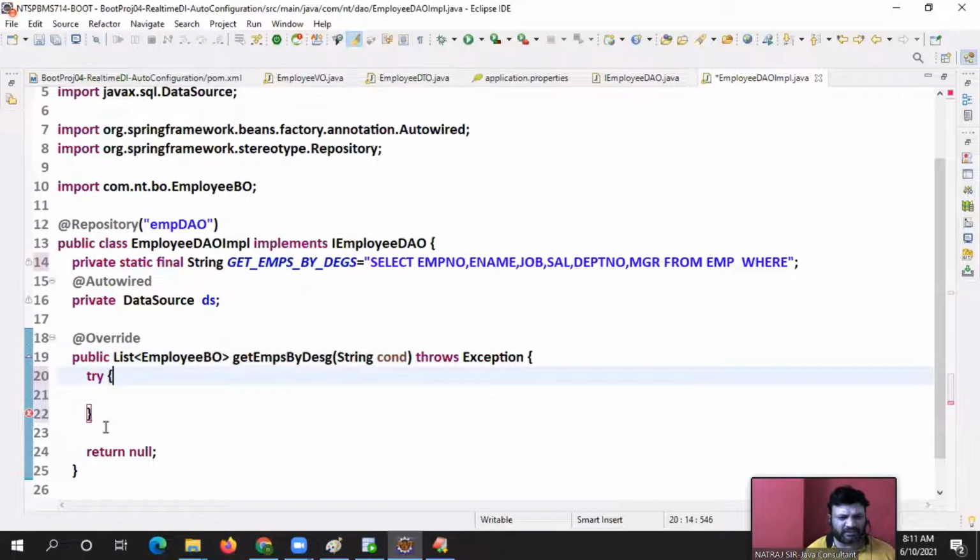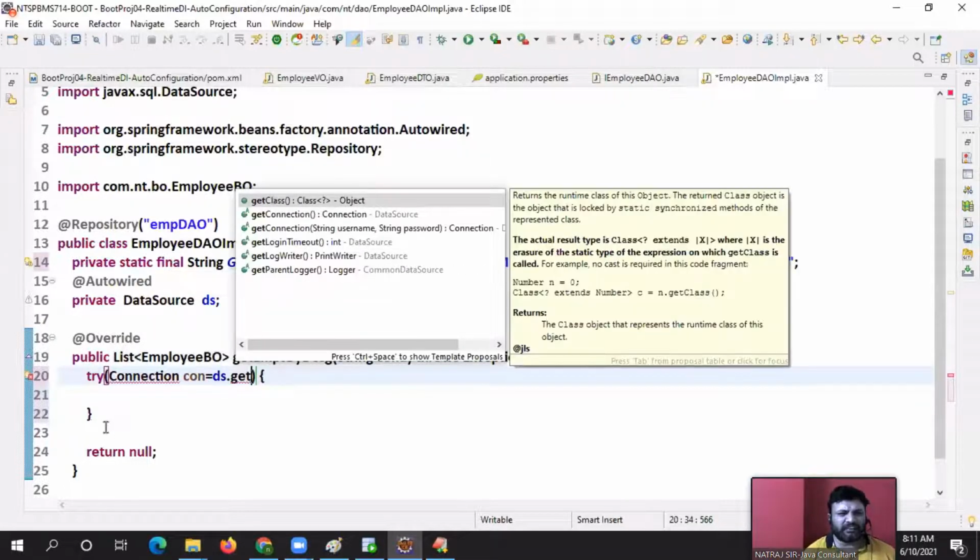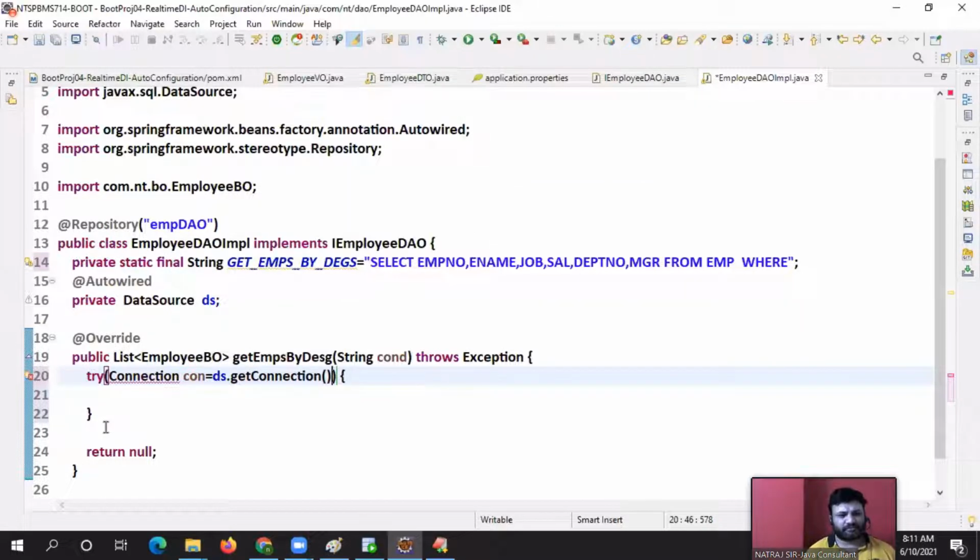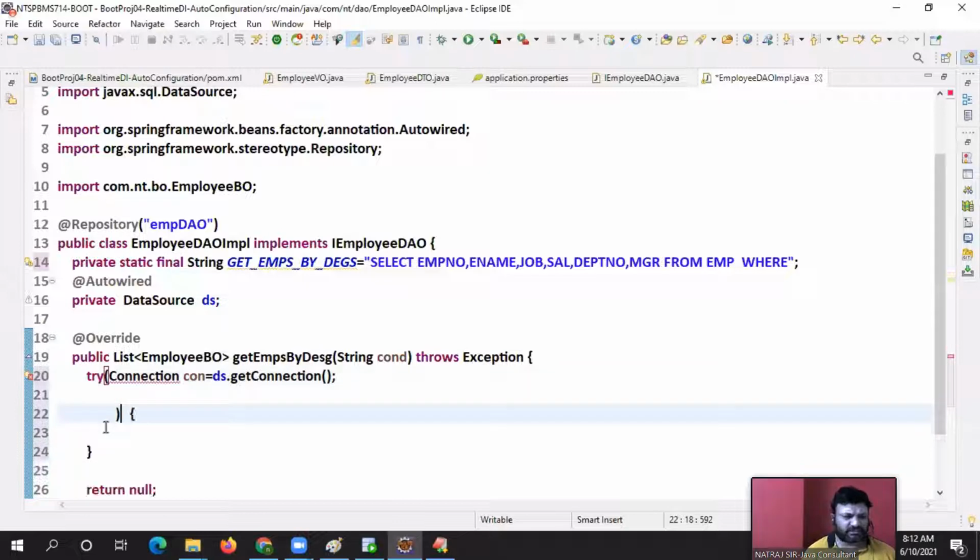Super. Now concentrate on how to work with try with resource. Here itself you open it. Connection con is equal to ds dot getConnection, first one, semicolon. Next one, Statement st is equal to